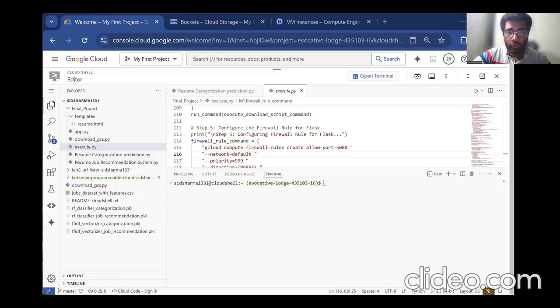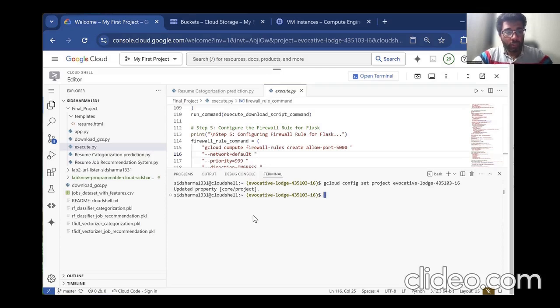Here is a demo for resume parsing services. In the first step, we will set up the project in the Google Cloud. With the help of Google Config ID, we will be establishing a working environment for our project. In the next step, we will be creating a bucket for storing the dataset, which is the foundation of training our machine learning models. Think of this bucket as a secure cloud-based folder where we also save training models for